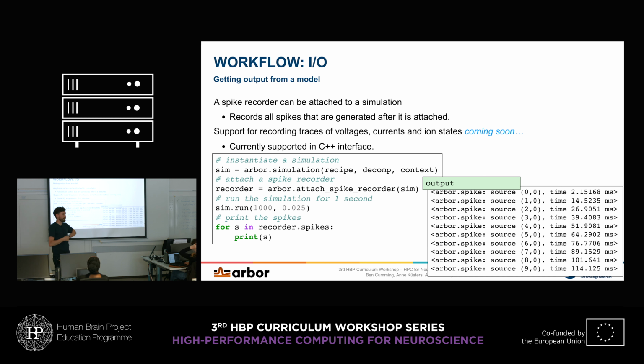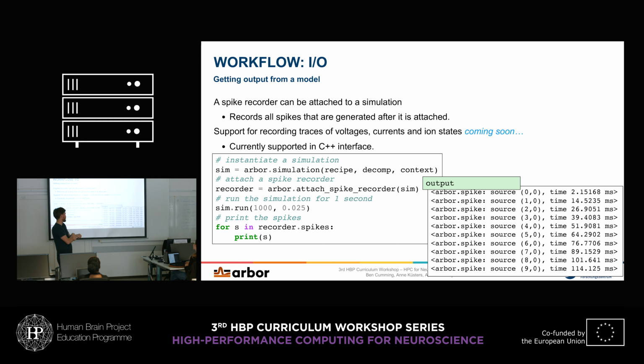But let's say we wanted to record the spikes that are generated by the model. The first thing we would do is create the simulation, and then before we run the simulation, we attach a spike recorder. So we keep hold of this recorder, we run the simulation, and then once you've run the simulation, you can do what you want with these spikes. You can save them to file, or in this case, we're just looping through the spikes and printing them to the screen. And for this particular model, this is an example of the sort of output you might get,